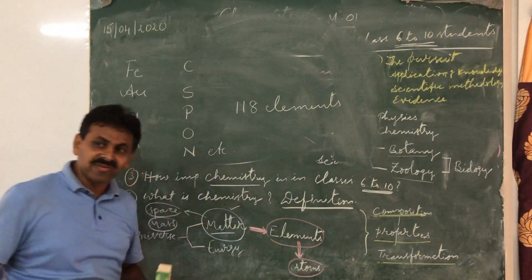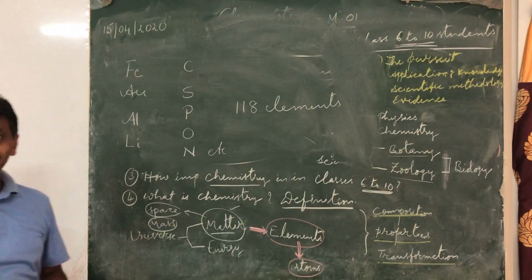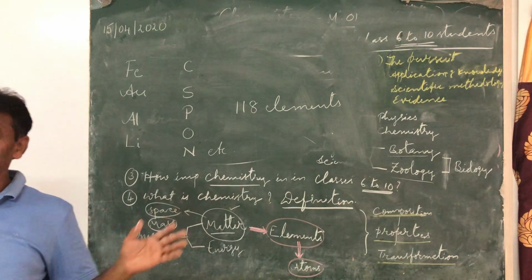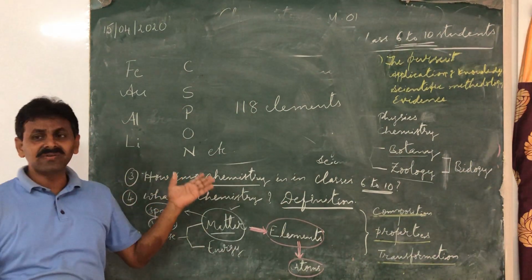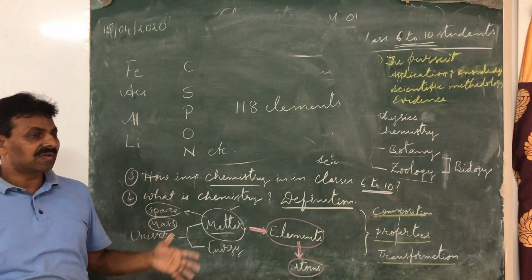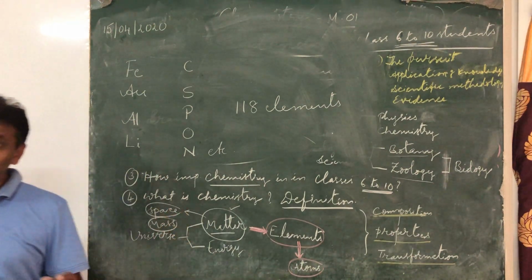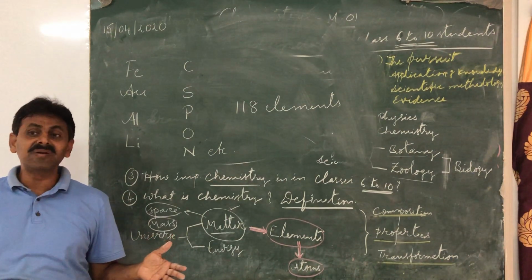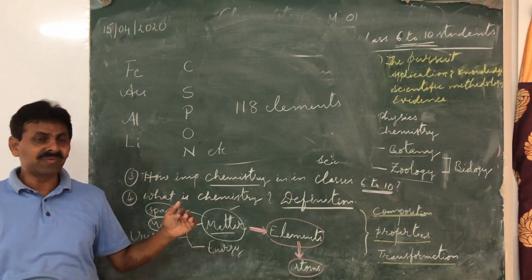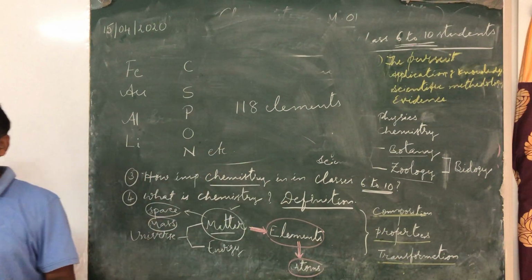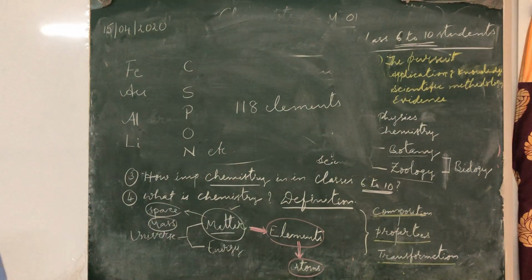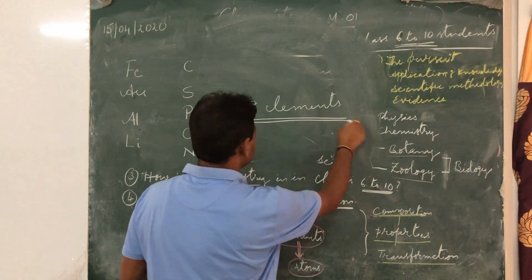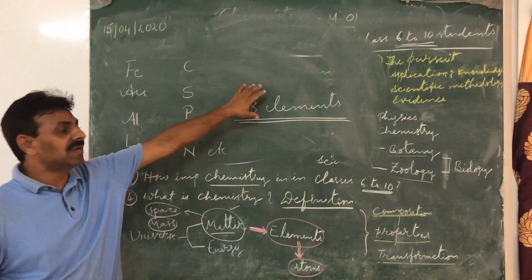That means as of now, maybe new elements may be discovered in future. Earlier, in the 90s, the number was very less. It was around 72 elements. Then thereafter, some new elements were synthesized, especially by Dr. Marie Curie and Pierre Curie, the Curie family members. They have synthesized new elements. So as of now, there are 118 elements. So the matter is made of these elements.